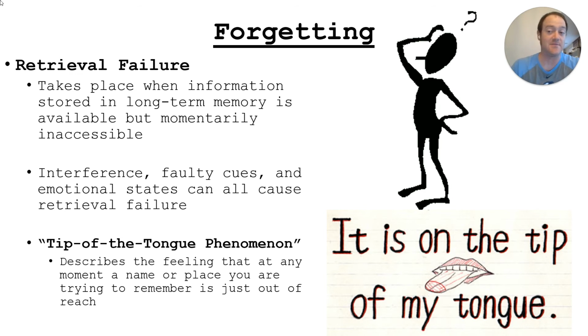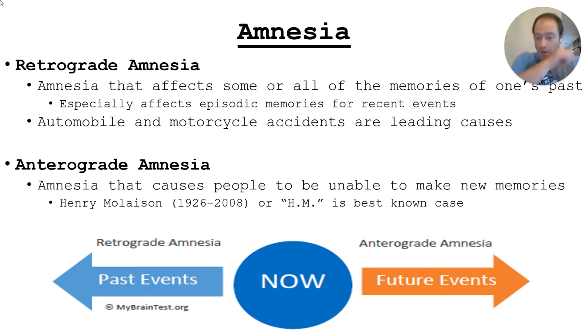That's what they sometimes call tip of the tongue phenomenon. Retrograde and anterograde amnesia are actual diagnosable conditions. Retrograde is the stereotypical amnesia that you hear about, where you can't recall memories from your past easily, or something caused you to not be able to recall episodic memories from the past. Usually trauma or head injuries can cause these.